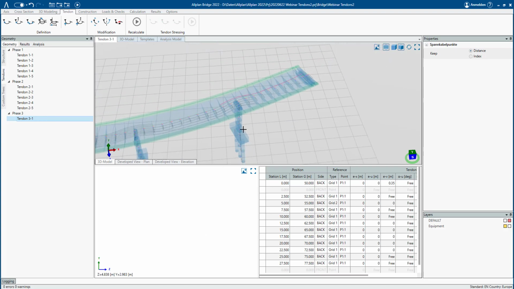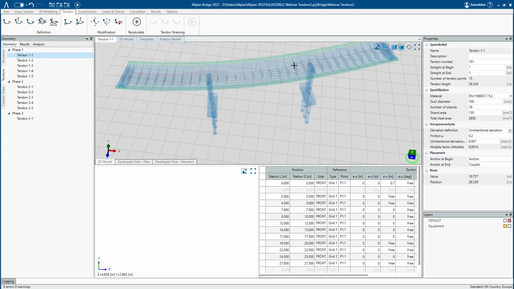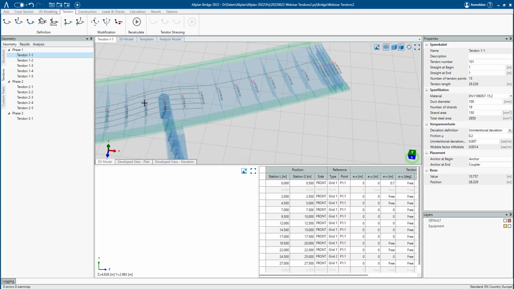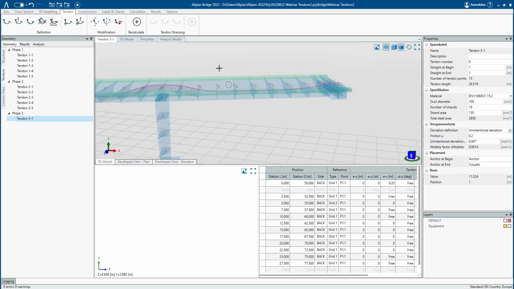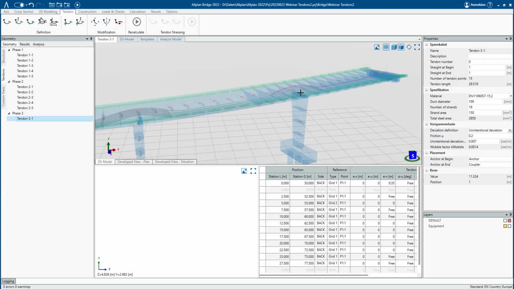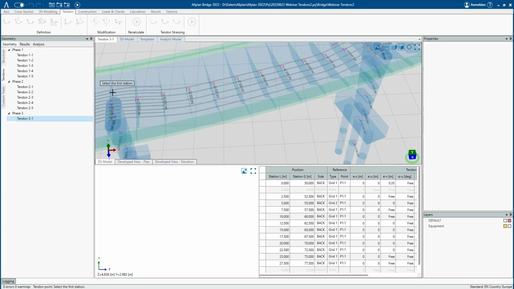And that's it. As you can see, it took the tendon from the left side and mirrored it and defined the first starting point of the tendon, and I have the alignment in place now as tendon 3-1. Definitions are taken over, and there's quite a lot I can make use of now. I just have to create a few points in between here, and yeah, let's do this. I can use again this function, tendon point between two stations,